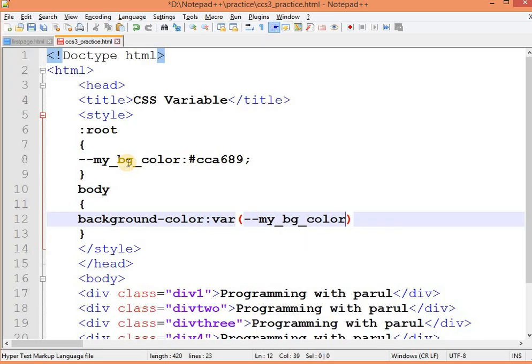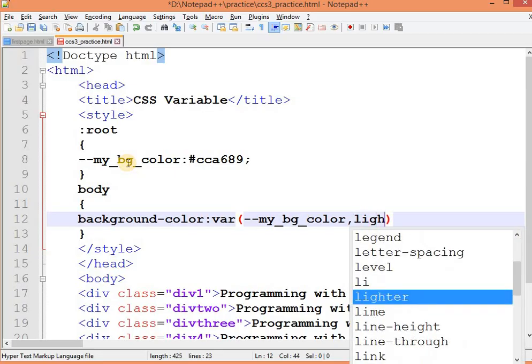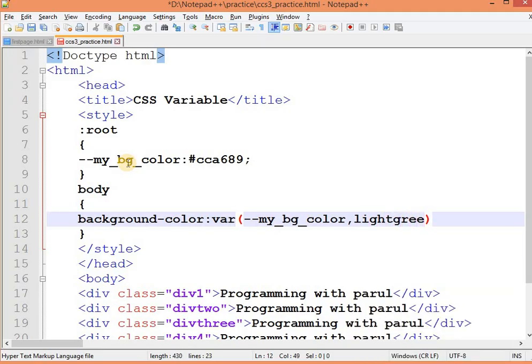This is my custom property name. Now the second argument is an optional parameter. Over here I have to specify a color value to be used if my custom property name is wrong, for example light green. And over here a semicolon is there.